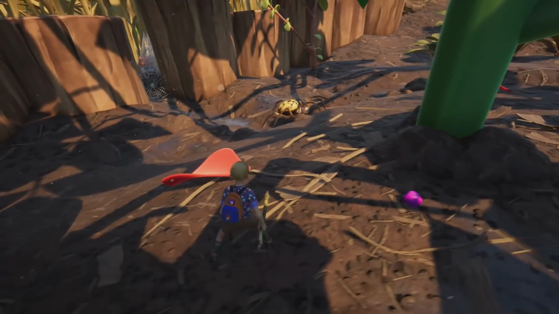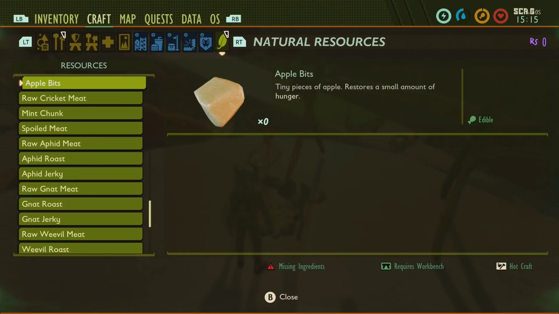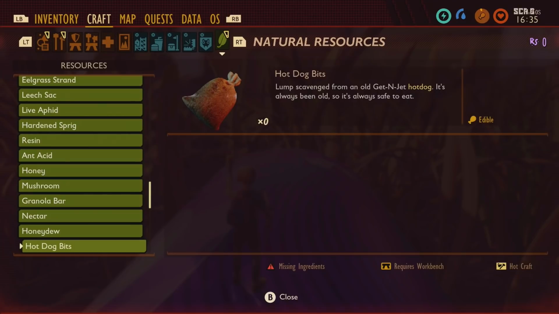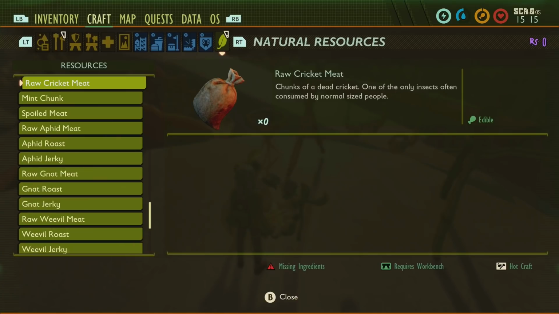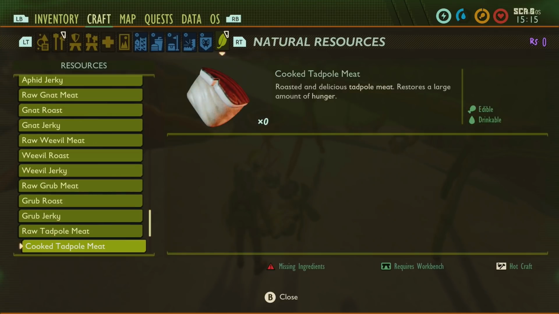food or your water. Not there yet, but looking likely to come soon, is apple bits as well as cookie bits and hot dog bits. Looking likely they'll replenish your food. You can find mint chunks in the box, but you do need a level 2 hammer to get at it, and in the future it does look like we're also going to be able to eat cricket meat as well as tadpole meat, with the tadpole meat also giving you the benefit of replenishing your liquid bar as well as